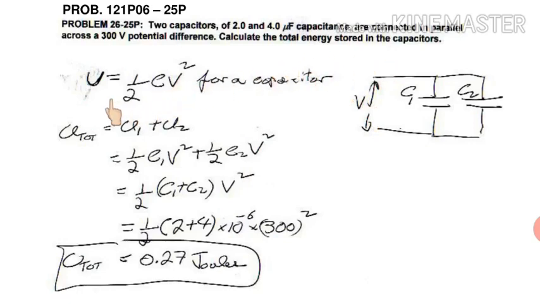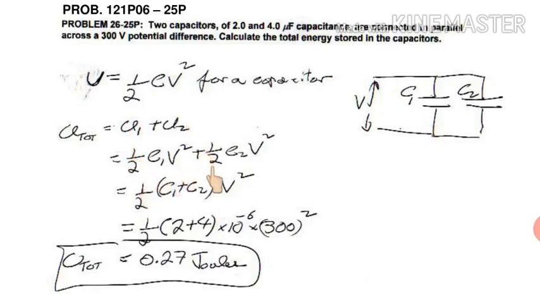Actually, we know that the energy of a capacitor is given by the expression half CV square. So what we can do, we can first calculate the equivalent capacitance, or in this way also we can do this question. So total energy will be U1 plus U2. U1 will be the energy of the first capacitor, U2 will be the energy of the second capacitor. So by adding their energies, you can easily calculate the total energy of this combination. So in place of U1, we can easily write half C1 V square. Actually, V will be the same for both, because they have a parallel combination.